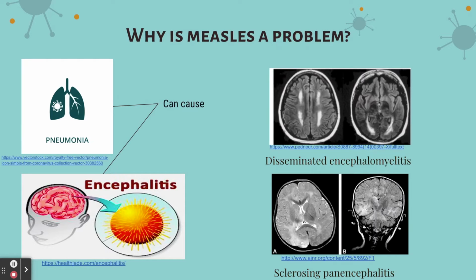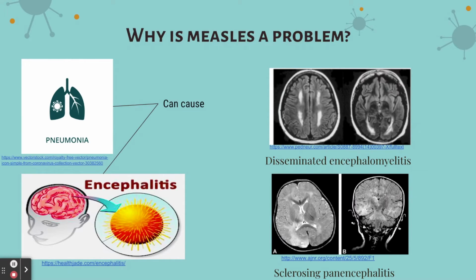Measles can cause pneumonia and encephalitis, which can be fatal. Following measles infection, there is a loss of immune memory that results in immunosuppression, which raises mortality risk for up to 3 years following measles infection. Other potentially fatal complications may occur after the infection, including acute disseminated encephalomyelitis, which is a demyelinating disease that can occur 2 weeks after the infection, and subacute sclerosing panencephalitis, which normally occurs 7 to 10 years after the